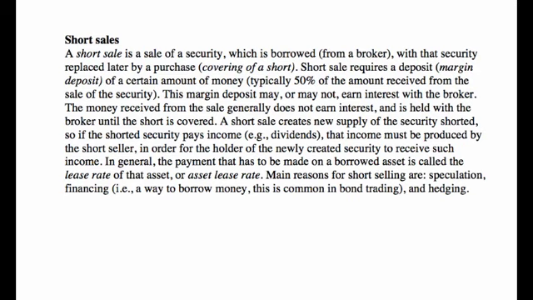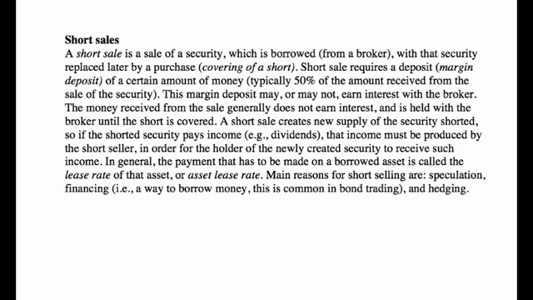Now, a short sale creates new supply of a security shorted because somebody out there had this in the account. It was borrowed from their account, but they still think they have it. They were not told even by the broker about this. And then whoever bought it from a short seller also thinks they have this security. So instead of one owner, there are two. So there's new supply of a security shorted.